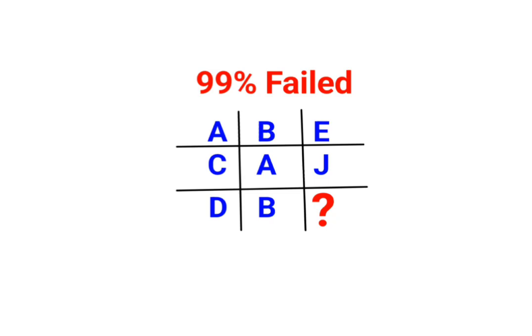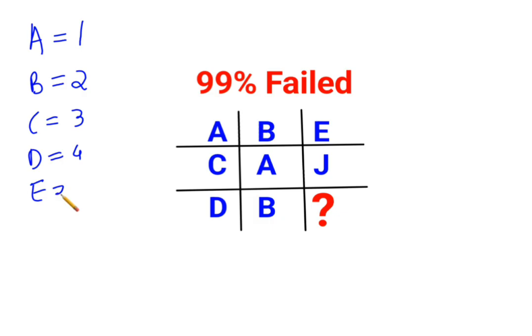First, a very important thing you need to remember is that we can always associate the alphabets with numbers. Here we can say A is the first alphabet, so we give 1 to A. B is the second, so we'll give 2 to B. And then C will be what? 3. D will be 4. And E will be 5.